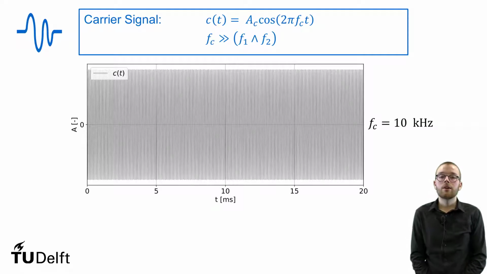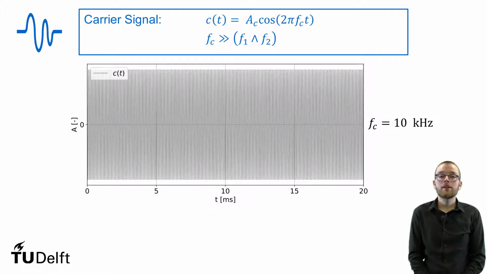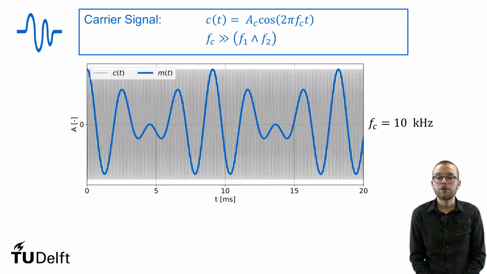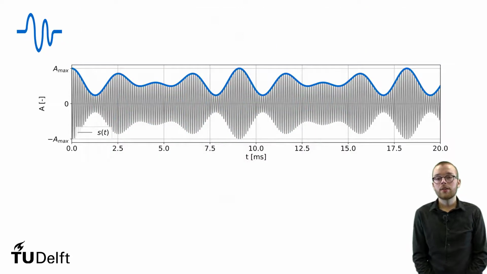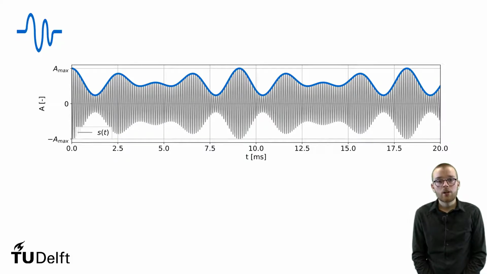On the same time scale of 20 milliseconds again, I have plotted a carrier signal with a frequency of 10 kHz here. If we plot our modulating signal on top of this, we can see that the difference in frequency is very big. So we should be able to use amplitude modulation with these 2 signals. The final amplitude modulated signal is given here. As you can see, the signal we want to transfer lies on top of our carrier signal. In engineering, we call this the envelope of our signal.